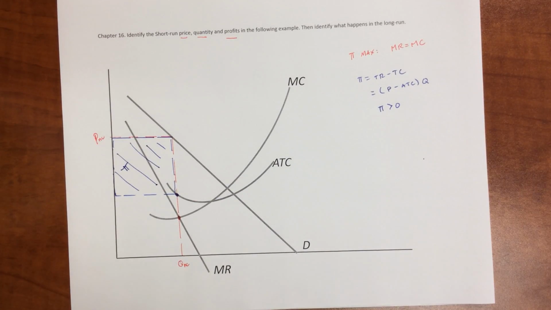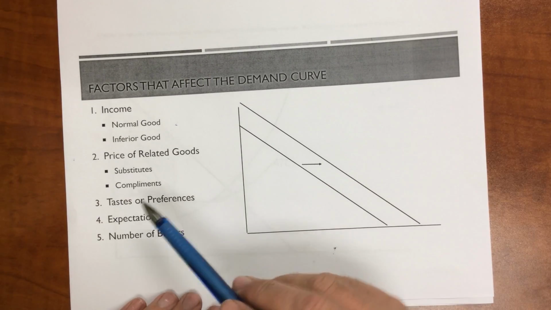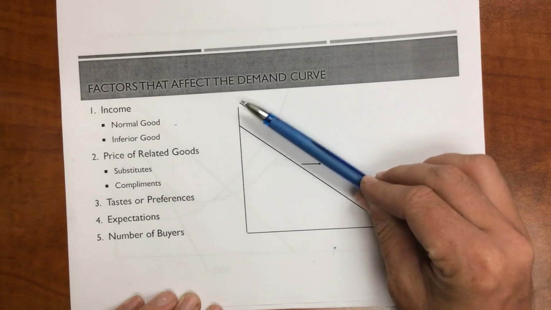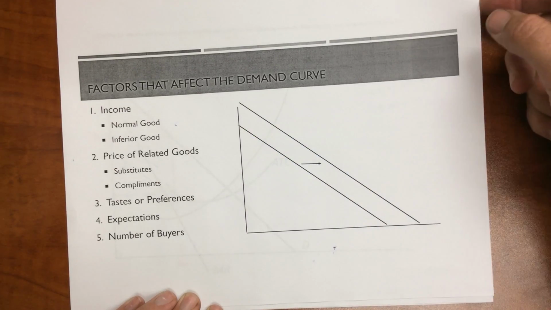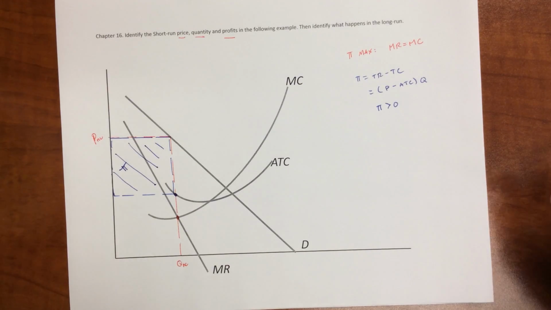One of the characteristics of a monopolistically competitive firm is that there's free entry. But firms that enter will not sell the exact same product that this firm is selling. They'll sell a similar product. As a result, it takes us back to chapter 4. What happens when we have more substitutes? What causes the demand curve to shift down? Just by increasing the number of substitutes, if new firms enter into the market that provide a viable substitute,